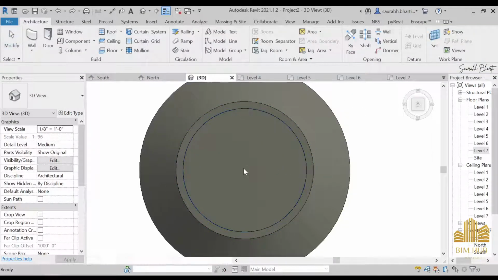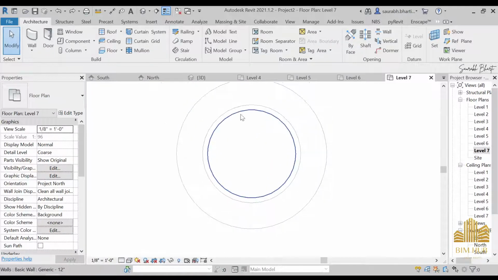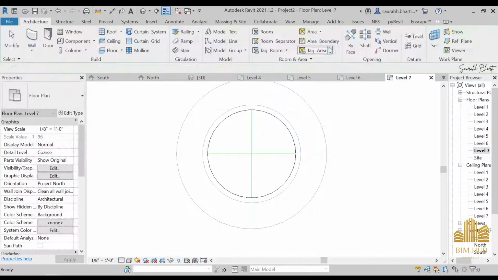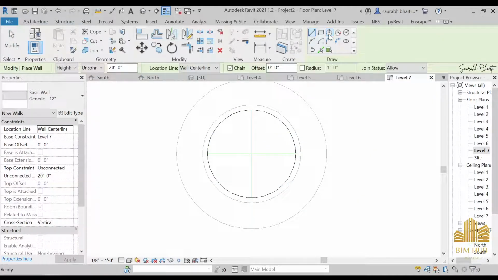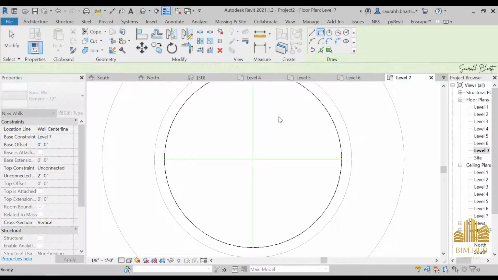Okay, we cannot see our model line. Just go to level 7, model line, make this line, make this line. Go to wall, go to rectangle, and draw a rectangle that is from 7 feet, and top offset is 2 feet, and just draw a rectangle from, okay,